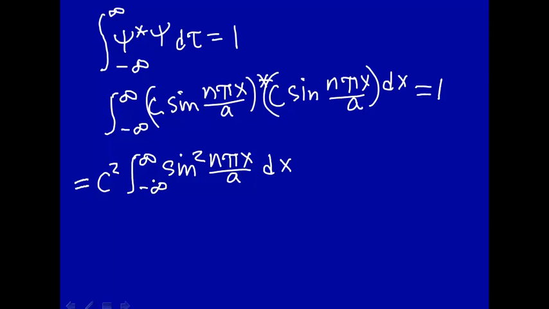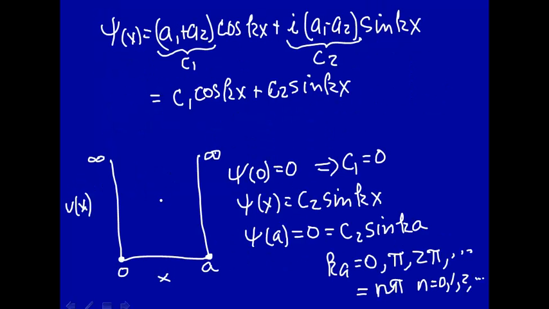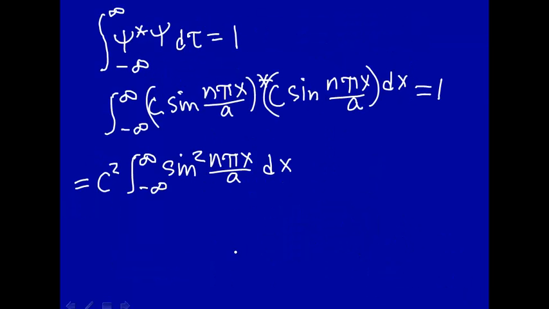integrated over dx. Okay, and note that the integration goes from minus infinity to plus infinity. However, we can change those integration limits to 0 to a, because the wave function outside the box is 0. So if you just integrate there, you're going to get 0. So why not start the integration at 0? Same with x greater than a. So we can change the limits of integration without losing anything. It's just c squared, the integral from 0 to a of sine squared n pi x over a